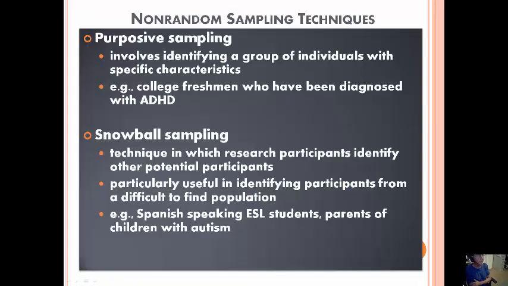Purposive sampling, snowball sampling, these are all things you can take a look at yourself. Purposive sampling, it's pretty clear. If we're interested only in individuals, for example, with ADHD, then we would go to those individuals. Clearly, that's not a perfectly random sample. It is purposeful. We want to look at only people with ADHD,